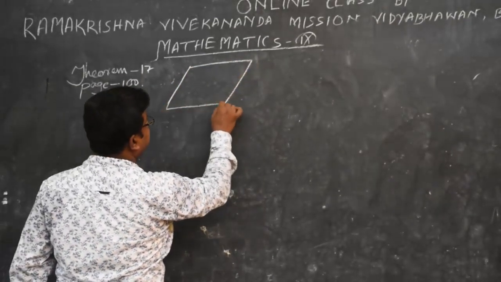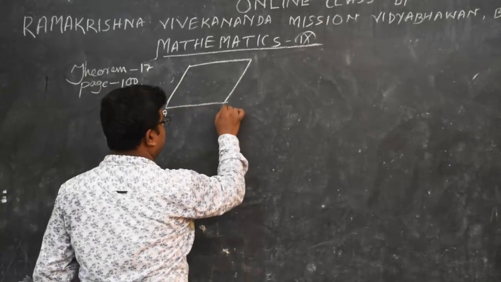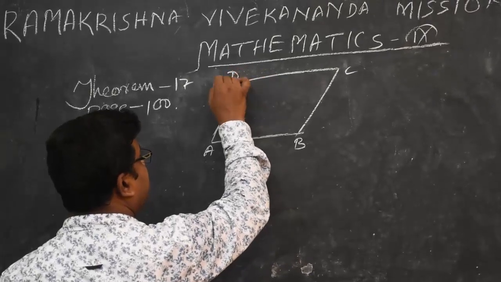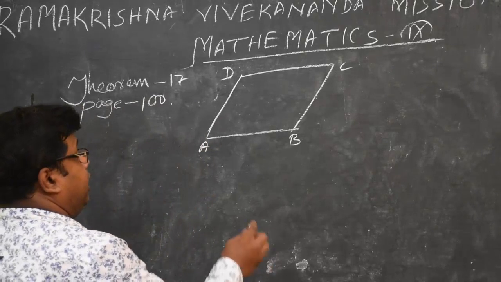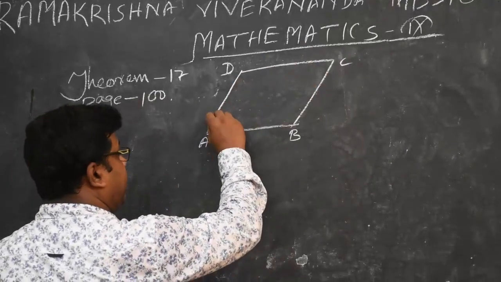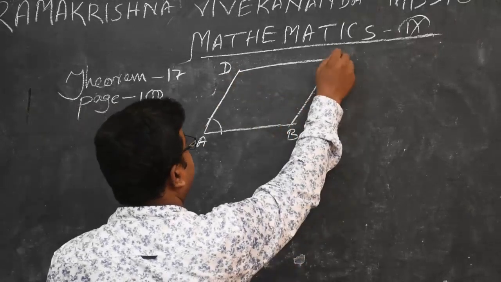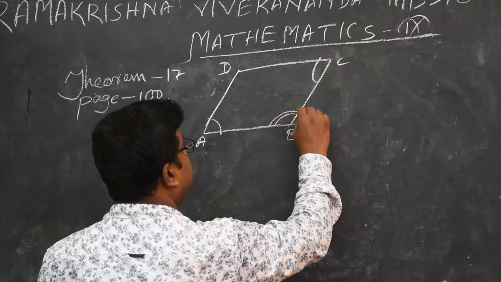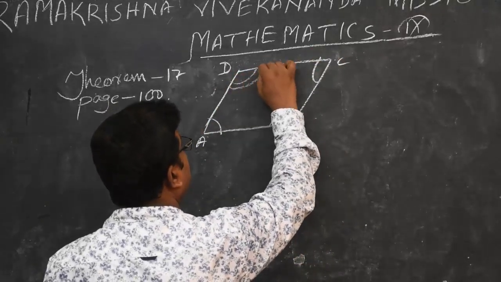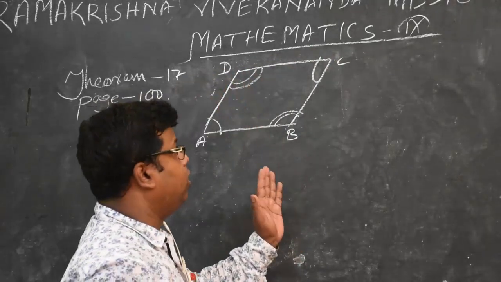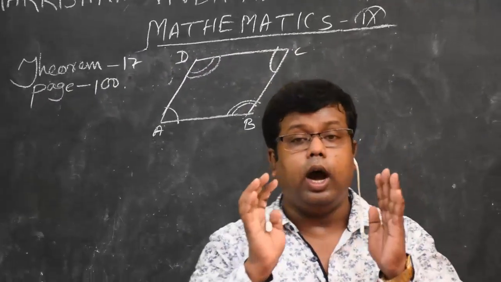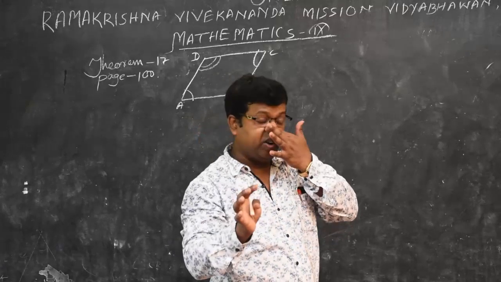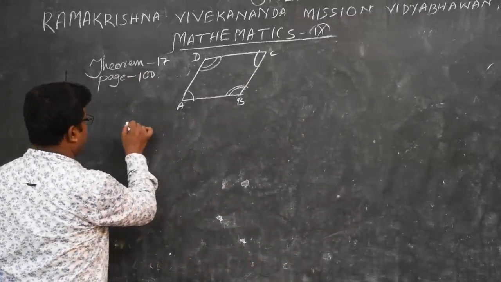Suppose ABCD is a quadrilateral. Till now it is a quadrilateral, not a parallelogram. Don't say it is a parallelogram. If you say in the first line it is a parallelogram, then you must not get any mark. ABCD is a quadrilateral whose angle BAD equals angle BCD and angle ABC equals angle ADC. You have to prove the quadrilateral is a parallelogram. I am telling you again, anyhow you have to prove the opposite sides of the quadrilateral are parallel to each other.